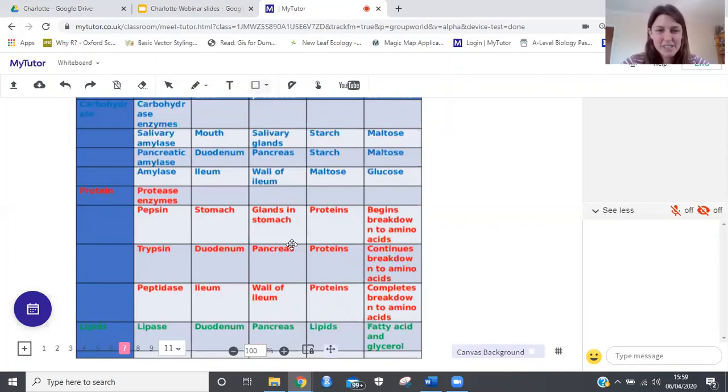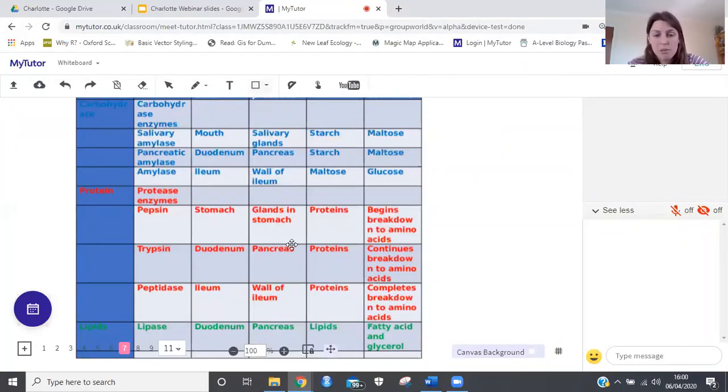And then the last one for me on here at the moment is, do different enzymes have different specific optimum temperatures and pH? Yes, they do. So enzymes that are working in the stomach, obviously the stomach is quite an acidic environment, so they have an optimum pH that's very much lower